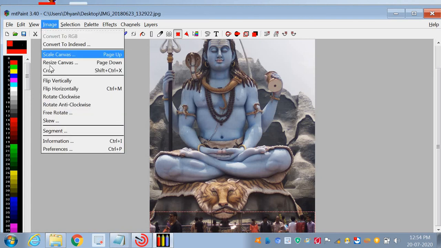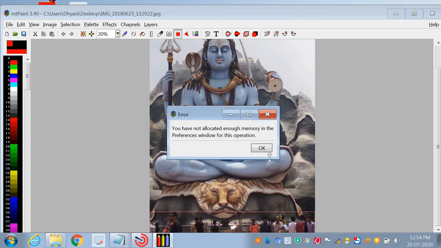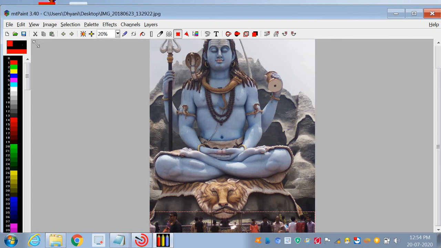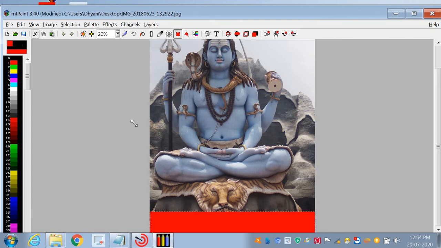Just click on image, crop option. So here this is my error. You have not allotted enough memory in the preference window for this operation. It means I have low memory on my PC. So here we can crop this image with the use of the cut option.